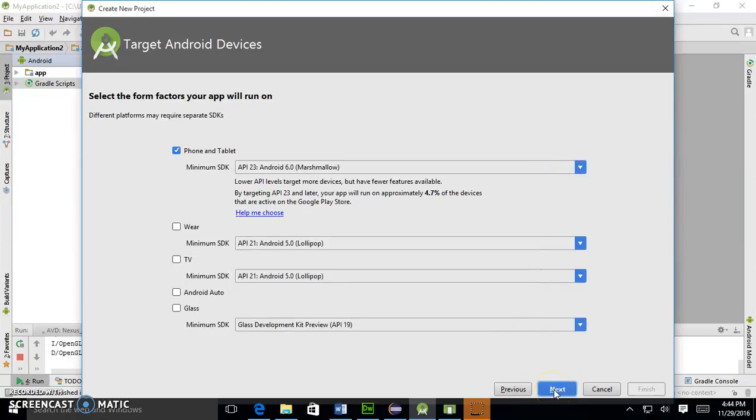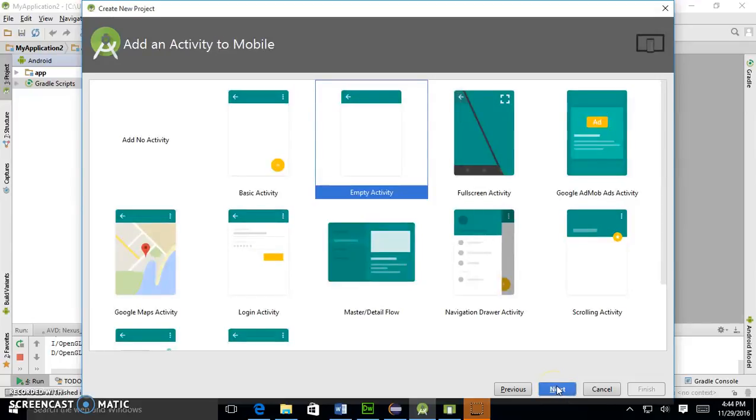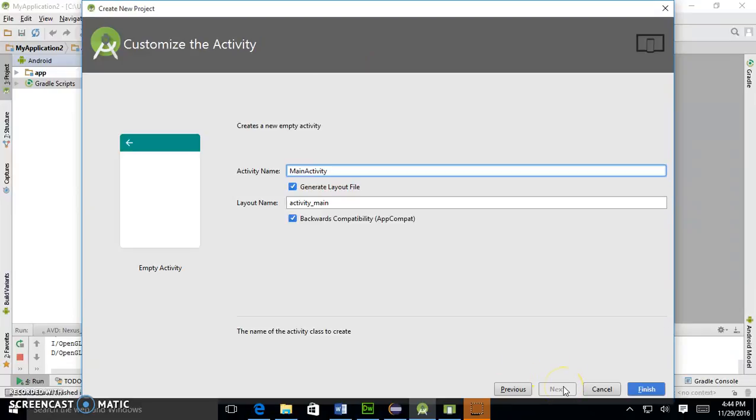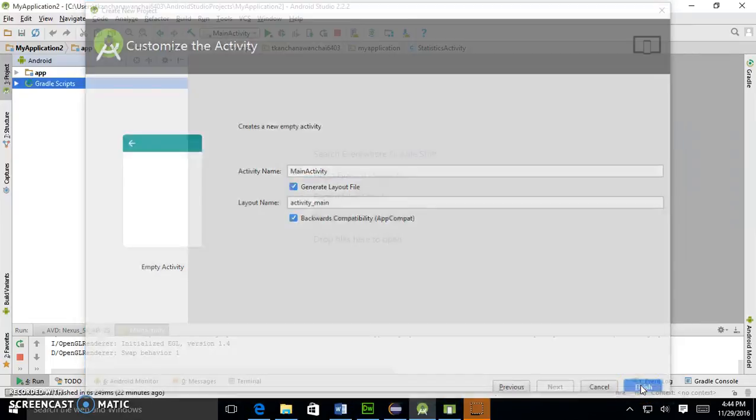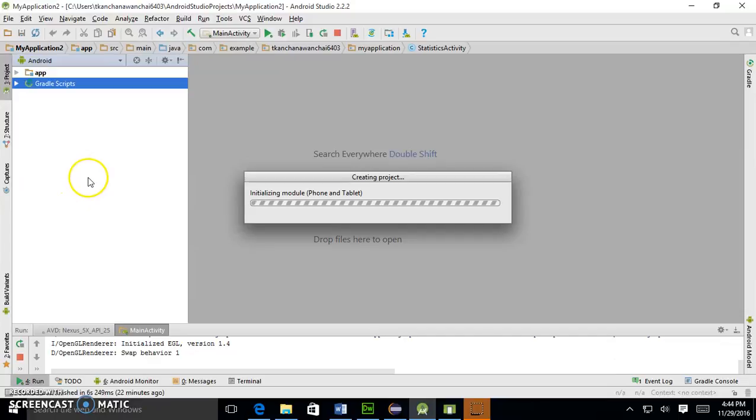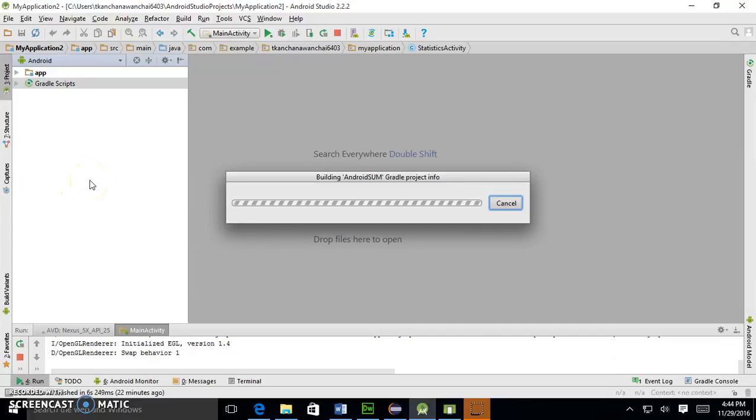We're gonna leave it as default, and we can do empty activity here. And leave the main activity as the default name. So now